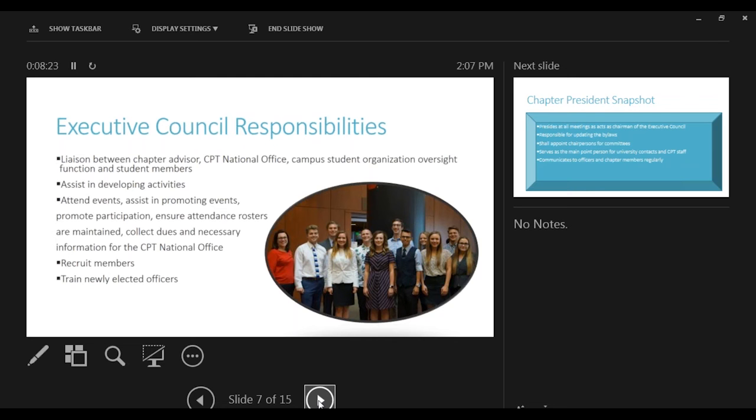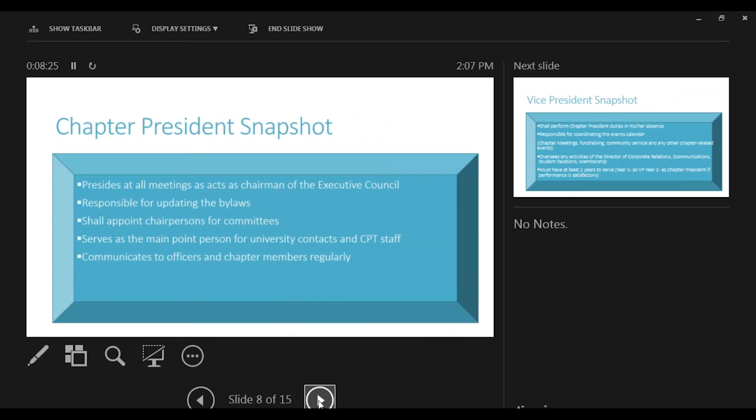So now we're going to go ahead and take a look at the 4 main officers: chapter president, VP, treasurer, and secretary. And here is a chapter president snapshot. So they preside over all the meetings, and they act as the chairman of the executive council. They're responsible for updating the bylaws. They shall appoint chairpersons for committees. They serve as the main contact for CPT staff and other university contacts, and they communicate to officers and chapter members regularly. So this is just kind of an overview of what is also outlined in the chapter manual on